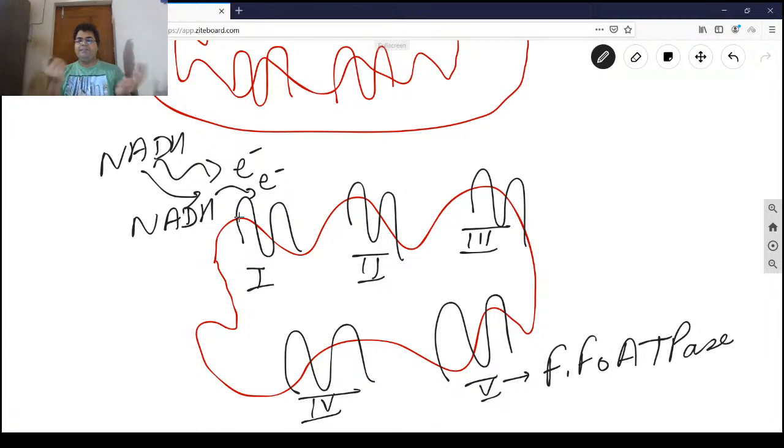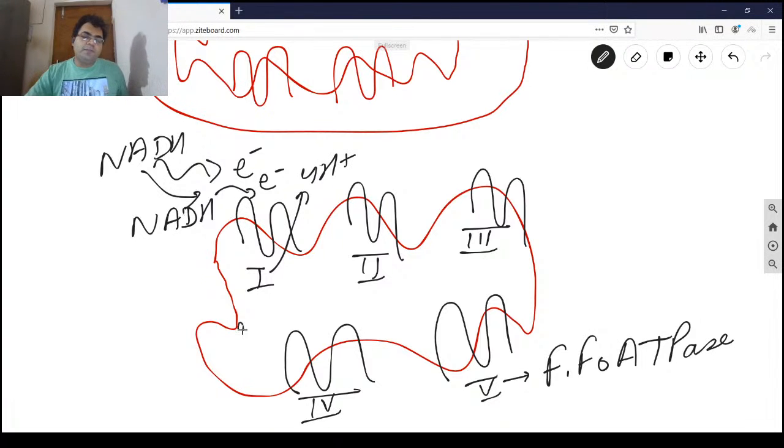Okay, so they will get reduced, oxidizing NADH to NAD plus, right? So they will get reduced. Now they are accepting the electrons very easily. Okay, so the thing is, after a pair of electrons is accepted, the simplest theory is that 4H plus